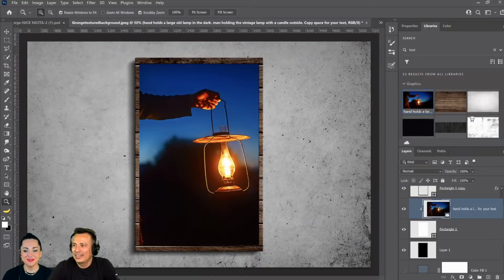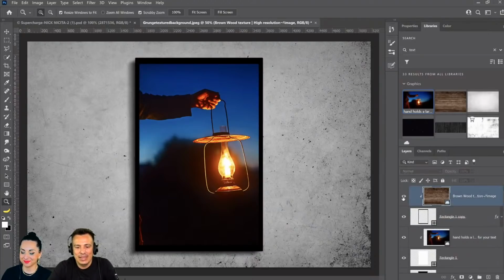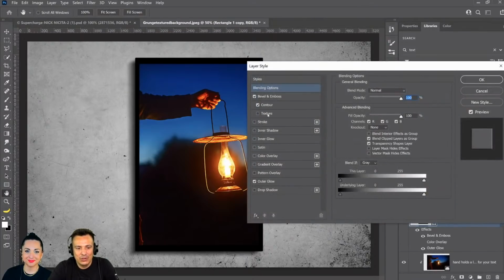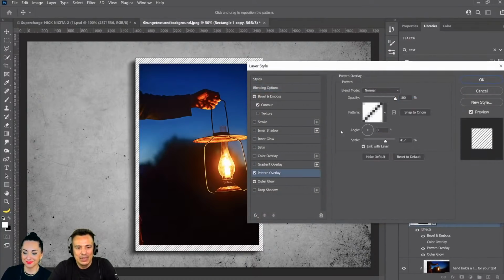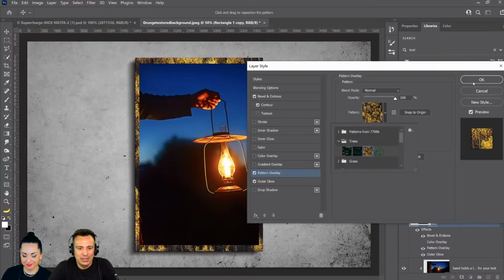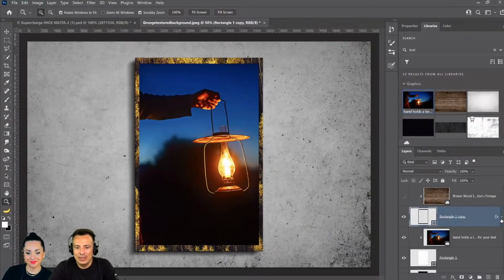Oh, that's a very good point, Sean. So Sean was saying add the pattern in the layer styles. So that's another thing that you can do. You can save this layer as a pattern, and then from the layer styles, you can go into pattern overlay and then add your pattern in here. Obviously, I don't have that pattern saved on there, but you can just put whatever pattern you want in there, and there it is. So that's another thing that you can do. Exactly. But yeah, you can do that.